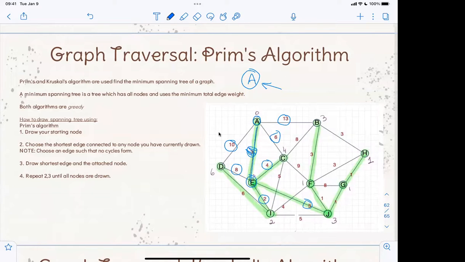I just need to make sure that no cycles form. So in this case, I can go from E to J, and no cycles will form. Oh, I was supposed to go from E to I. Okay, that's my mistake, because I had 2. So I'll go from E to I first, because it was 2, less than 3. Then I'll go to 3. Then I'll go to